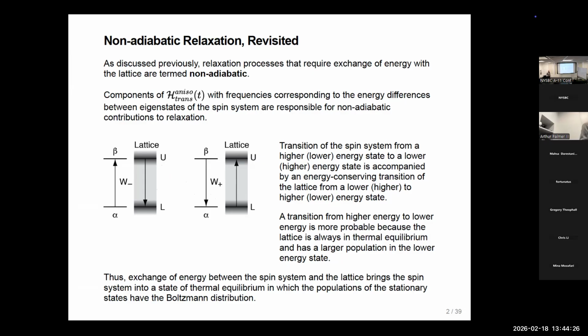Yep. When we say that the lattice is in Boltzmann equilibrium, we mean that there are more states accessible to the system in lower energy compared to the higher. Right. And it's so huge that nothing we do to the spins is going to affect the thermal equilibrium of the lattice. So, for example,